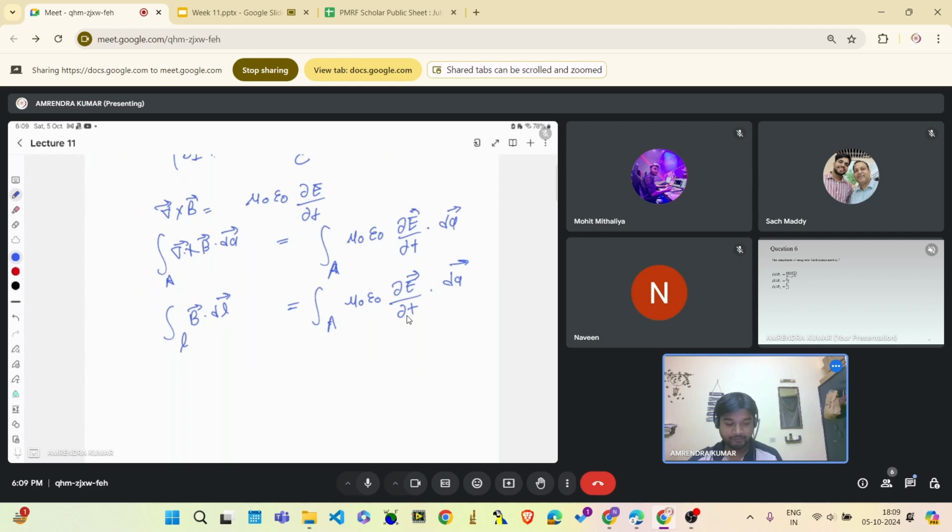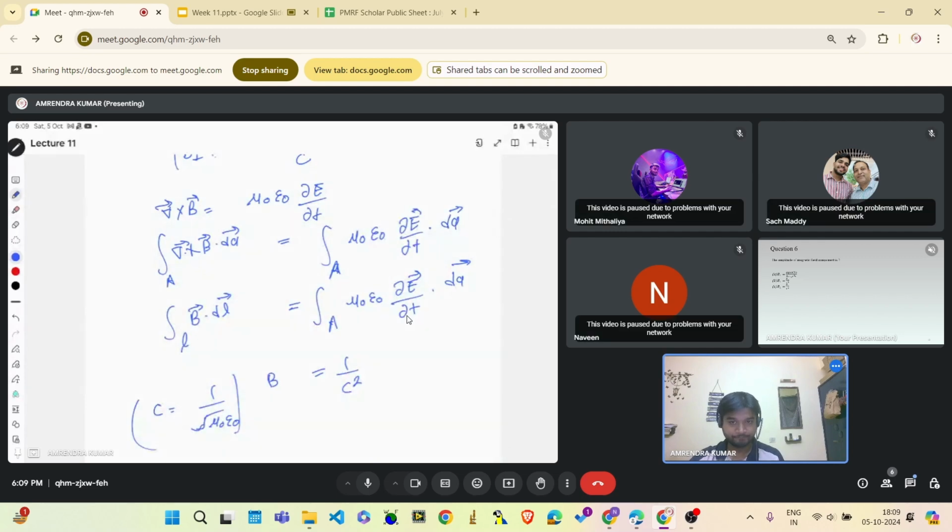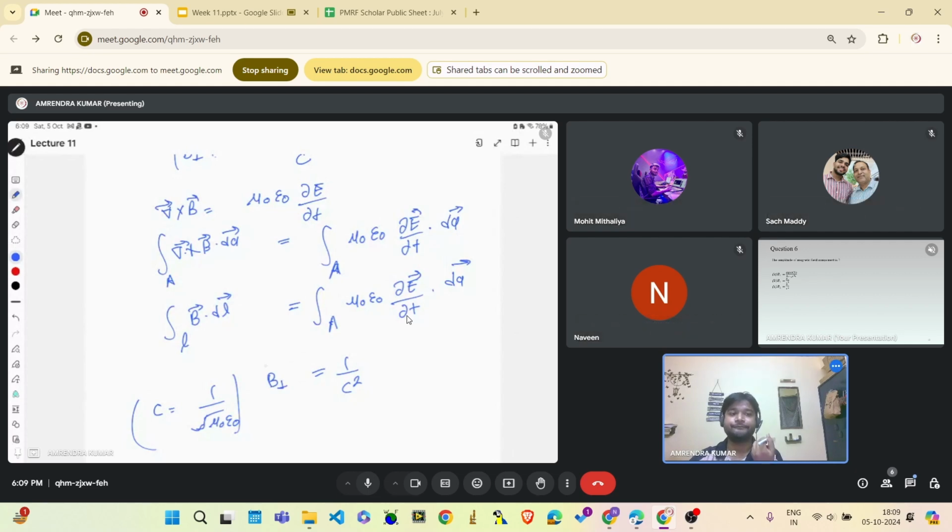For any arbitrary area, what will happen? 1 over mu 0 epsilon 0 is nothing but, watch, you have C is equal to under root mu 0 epsilon 0, right? So this is 1 over C square, the B dot dA. So B particular, so that is perpendicular to the propagation direction, and